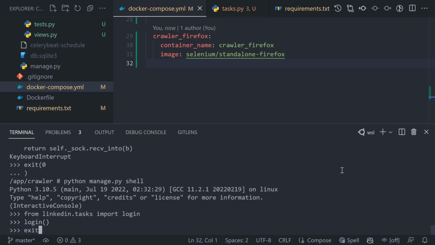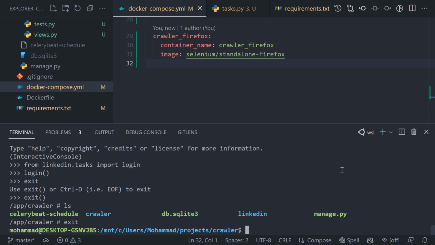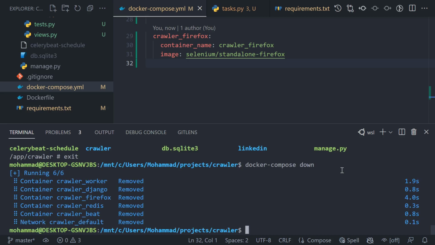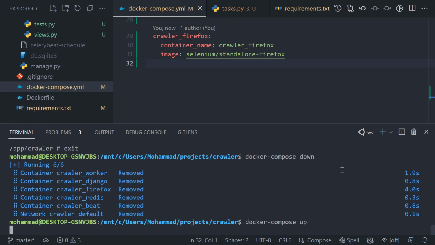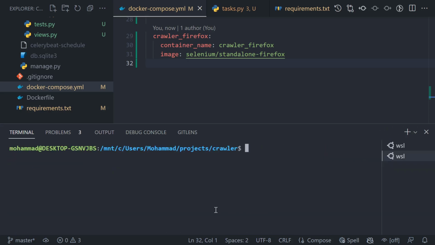Actually, sorry, I deleted. And docker compose down or stopped. Docker compose down and docker compose up. Okay, now